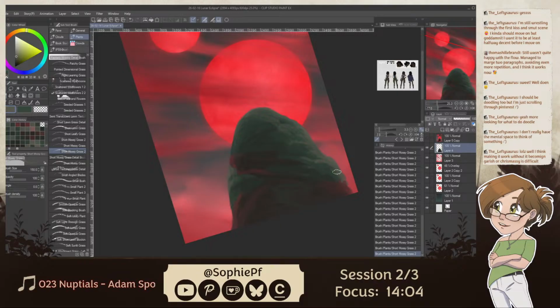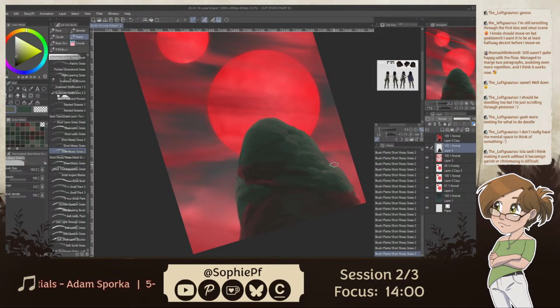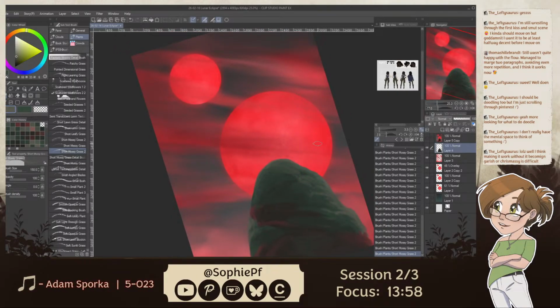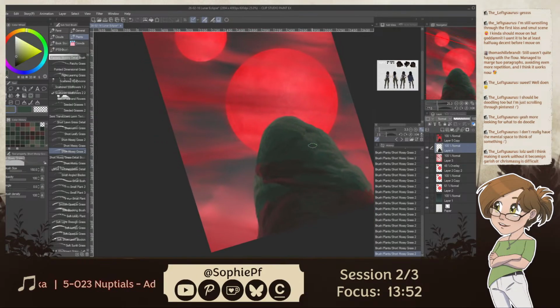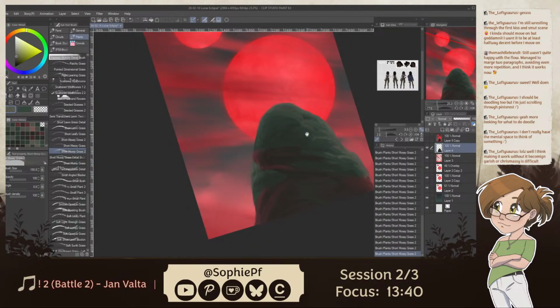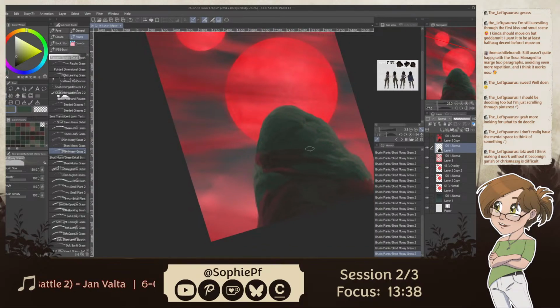Making it without it becoming garish or Christmas is difficult, yeah. Which is why I opted more for a, like, pinkish, magenta-ish red here. At least it looks like that on my screen. When I look at the other screen where I have the preview of the stream, it looks a bit more reddish than magenta-ish, but it's fine. It's not bright red, Christmas tree red.